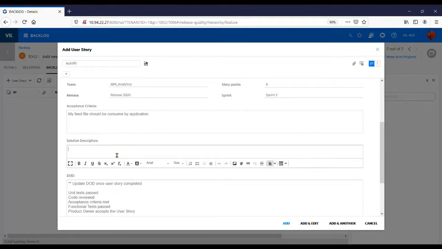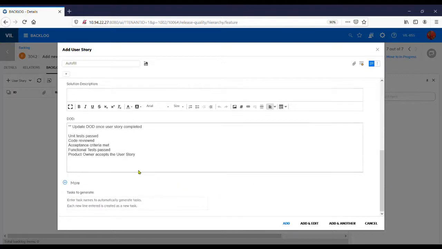Then, in case of a project, you need to have a solution for it. If you have a demand type of CR, then your SME will write a solution around it, like the steps to add the feedback they need, and they need to write those solution steps over here. Coming to the DoD, these are the sample DoD you will find. Update the DoD once your user story is completed. These are checklist kind of items, such as tests passed. I will cover more on DoD, how to write it and at which level, in the next video or my other video.